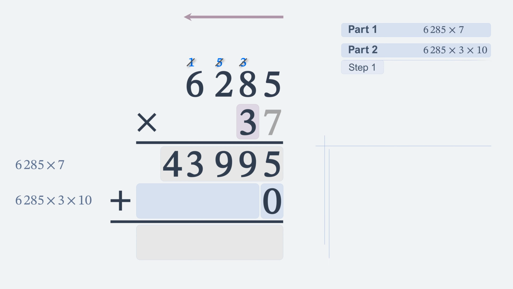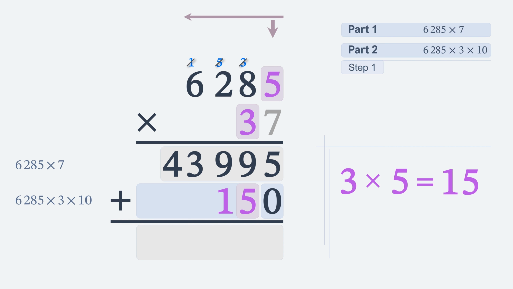Let's do the first step for our second bottom digit. We multiply 3 by the ones place digit of the top number. 3 times 5 equals 15, and that goes in our second answer line, right next to the 0 we put there. We get a two-digit number, so we need to carry the first digit up to the top of the next column. We always put the digit we carry above the next top digit that we are going to multiply. So we write 5 in the tens place of the answer and carry 1 up to the top of the tens place column.